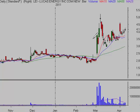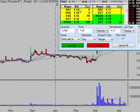Again, the software that I'm using here for the analysis of the market and in the stock here is Realtek. This is also where I put all the orders in on,